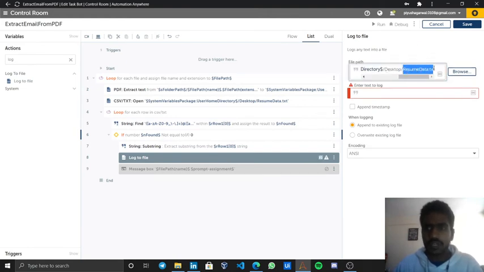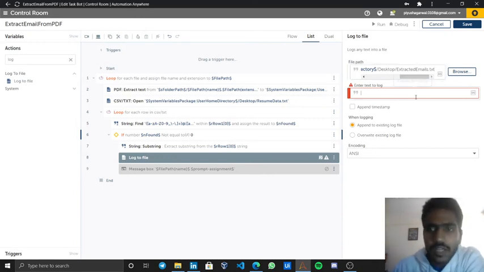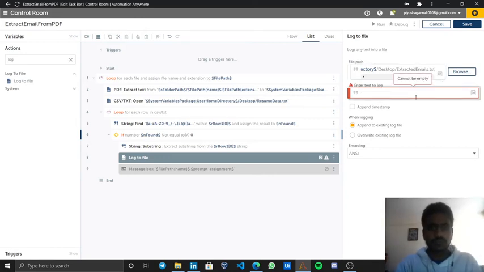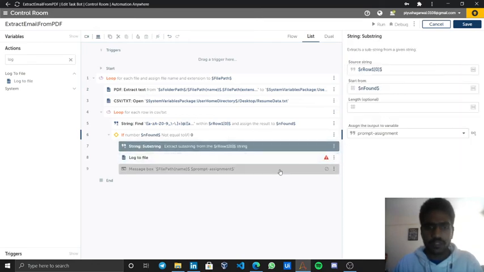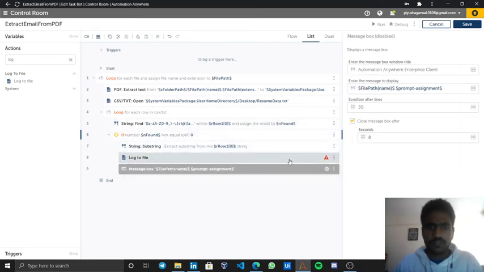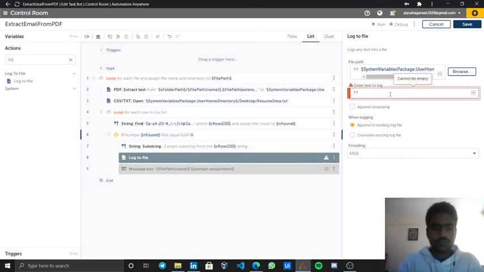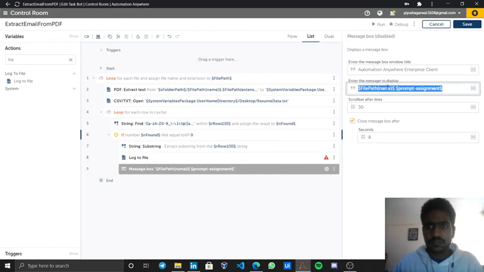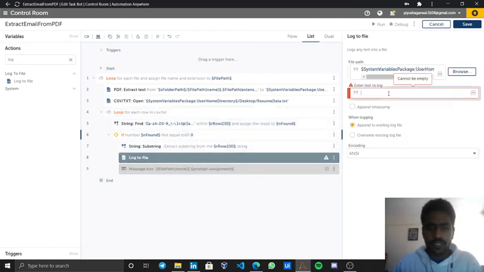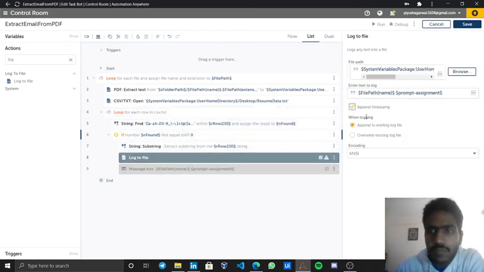Then over here I will write extracted emails.txt, and the text would be prompt assignment. I will copy and paste, also append the timestamp, append to existing file.